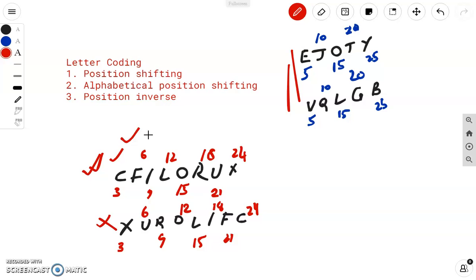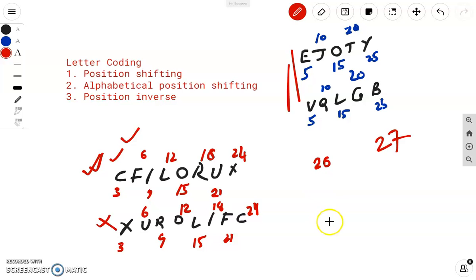This is the two rules, and the final third rule is the rule of 27, which is very amazing. There are 26 letters in the English alphabet, and the rule of 27 says that if you add the positions of each letter and its mirror position letter, the sum will always be 27.